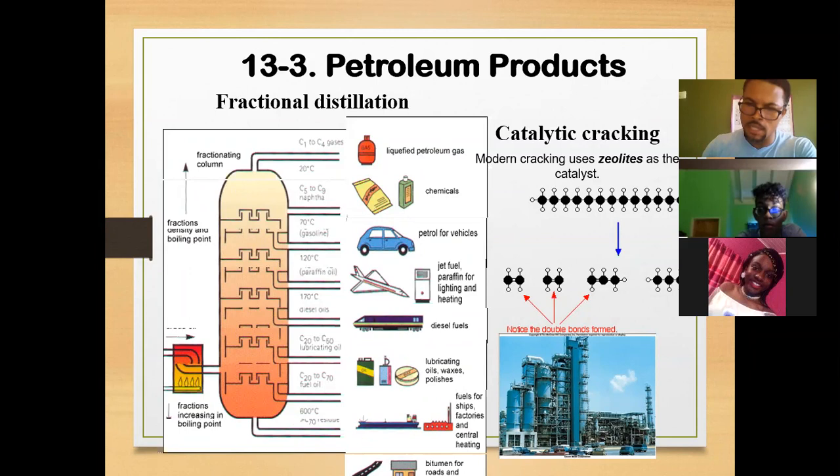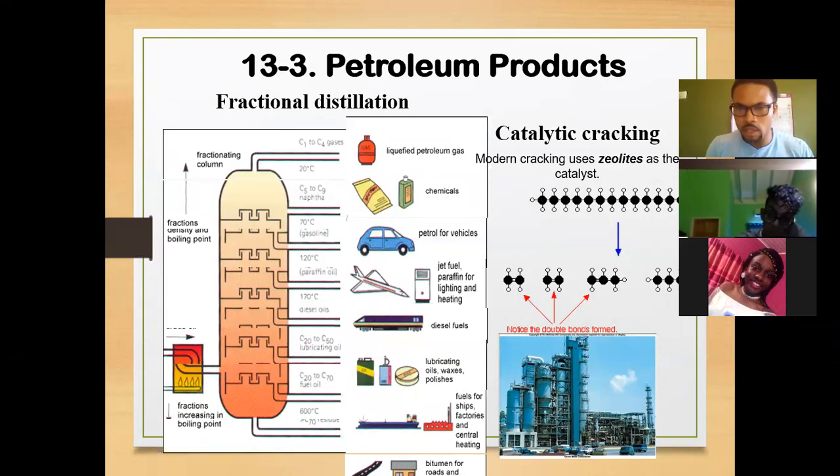If I add a catalyst, an example of a catalyst is aluminum oxide, which now can help the temperature to decrease to 500 degrees Celsius. So instead of going to above 700, I could use 500 degrees Celsius and cause the cracking of my particular